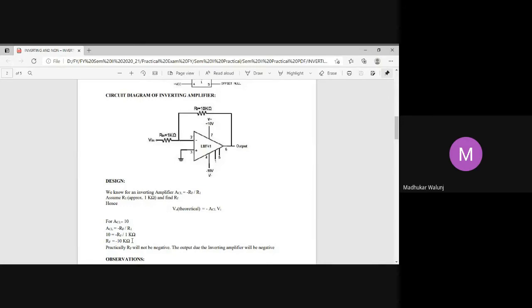So why is it minus 10? Because practically the resistor is not in negative sign. This is because the gain has a sign of likewise minus 10. So why is this minus 10? Because the inverting input is connected to the Vin, connected to the inverting terminal, so that this is inverting amplifier and output will be out of phase with the input. So that's why the gain comes as minus 10. So the RF will be 10 kilo ohm, it will not be negative.